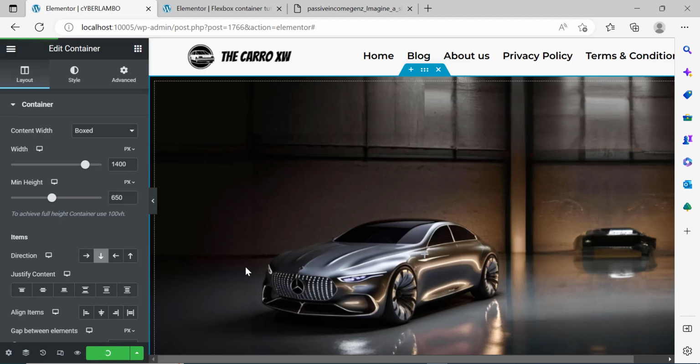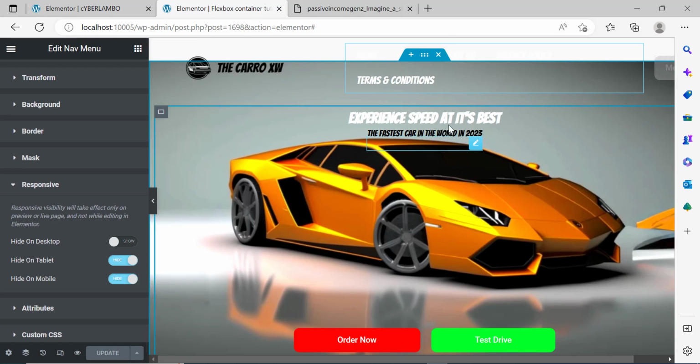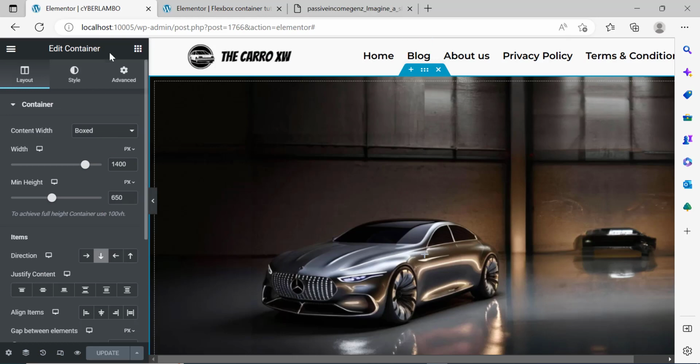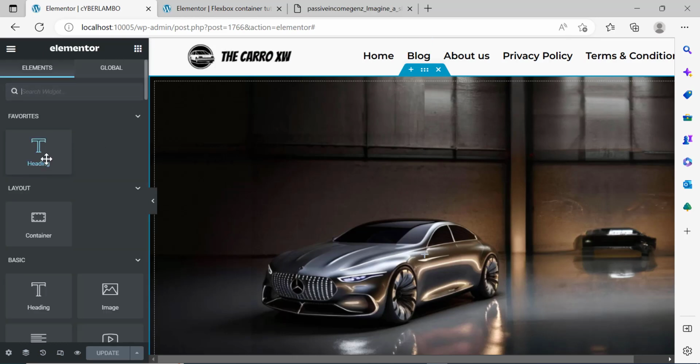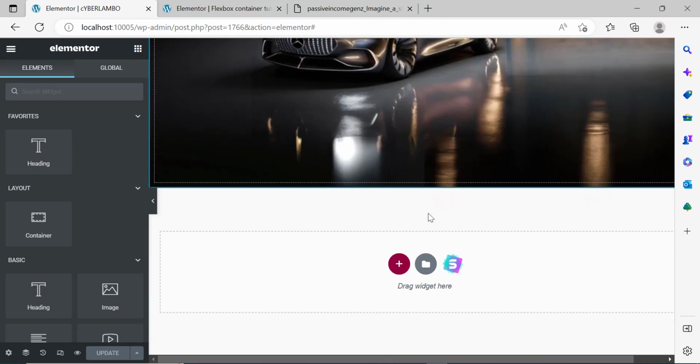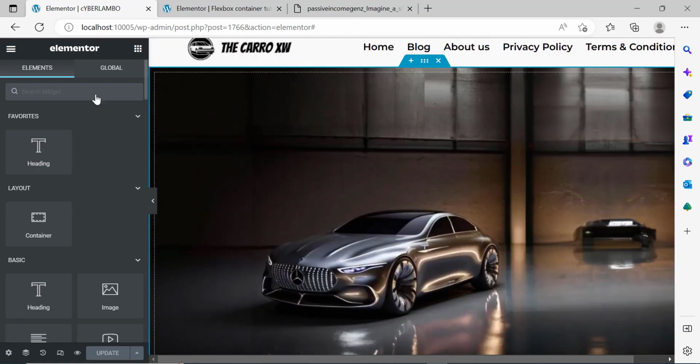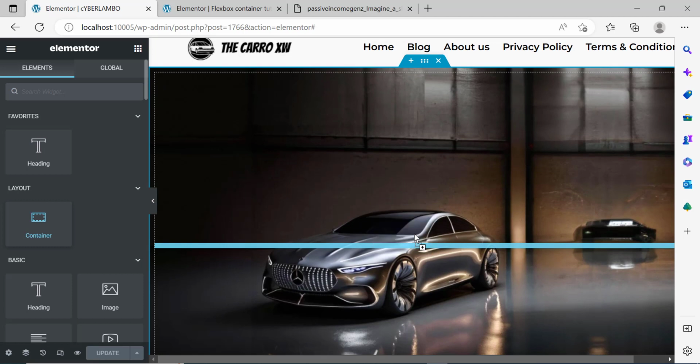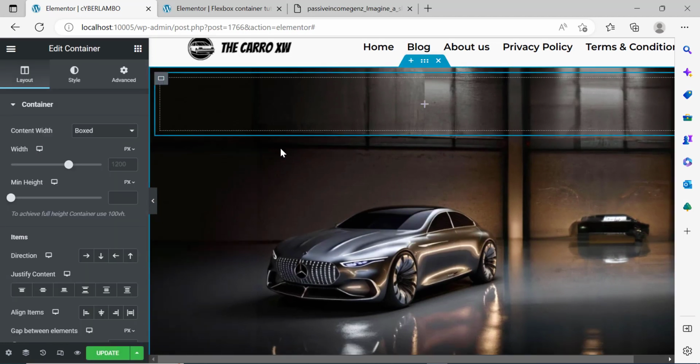So now what's left to do is to add the rest of the stuff here. We're going to add a heading, a text editor, and 2 buttons. So let's go ahead and start off with the heading first. But first off, before adding a heading, let's add a container first. I'm going to take a container, put it down here. So we have our first container now, and I want you to take that container, click on it, and then